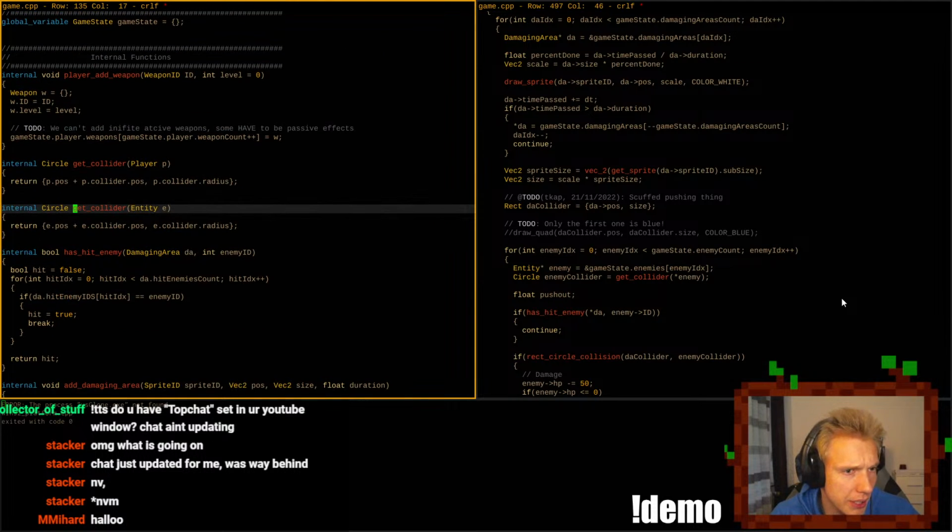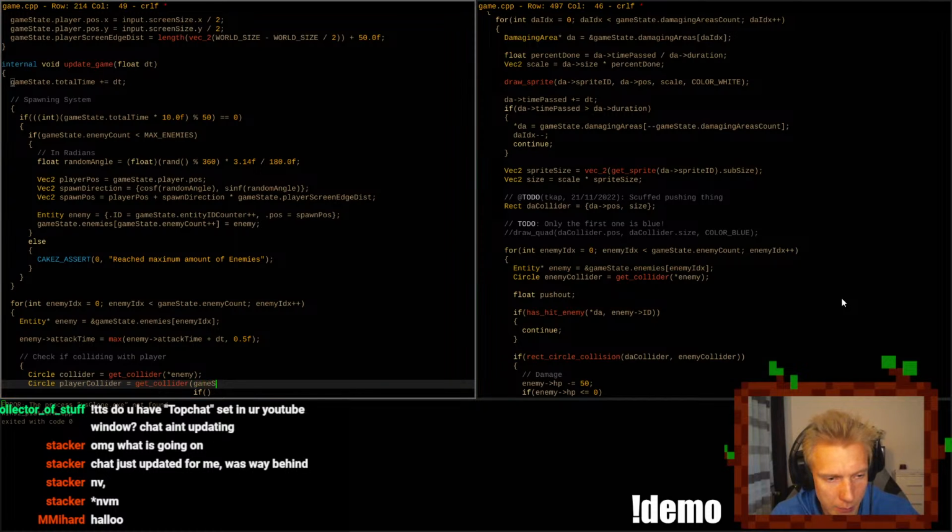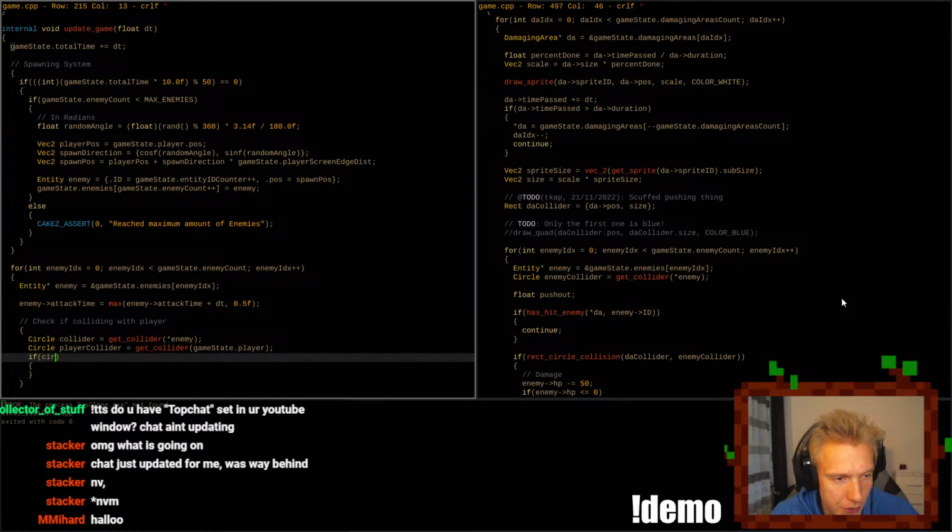Do we have to get collider functions? Yeah. The game state. We get the player collider and then we check if we have circle collision using the enemy collider and the player collider.